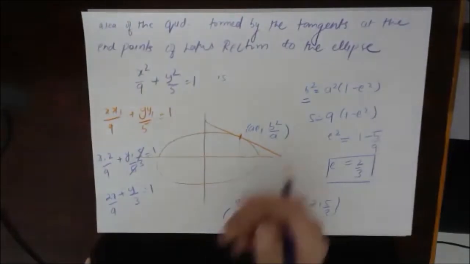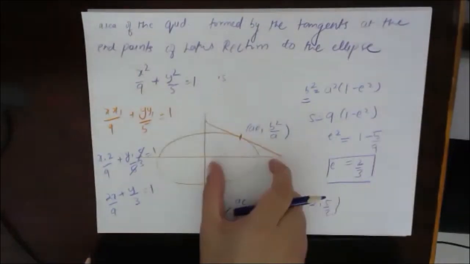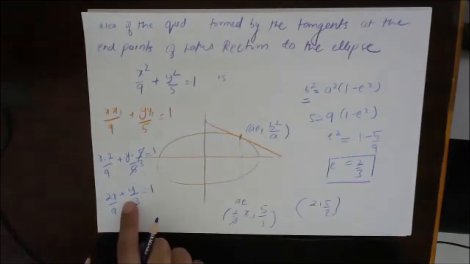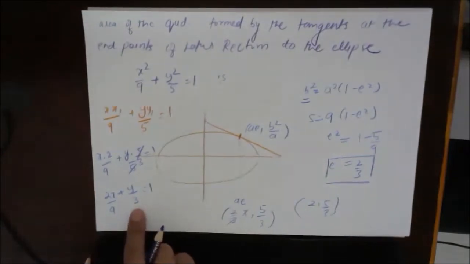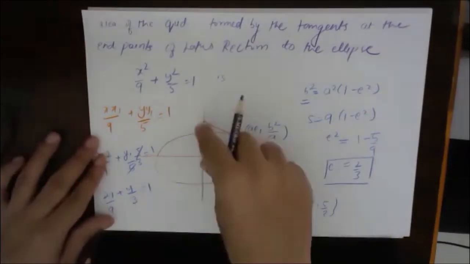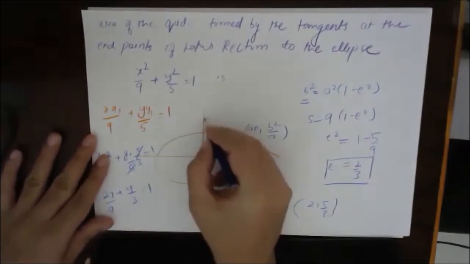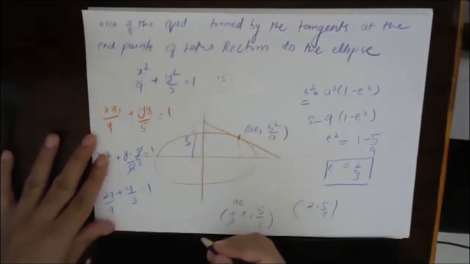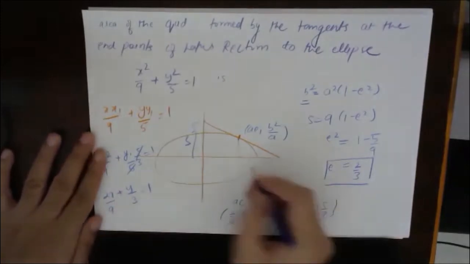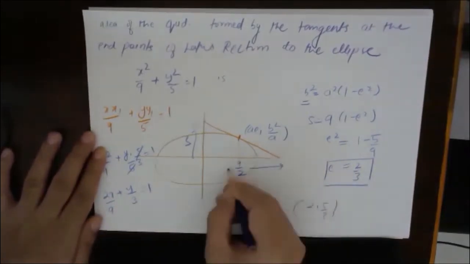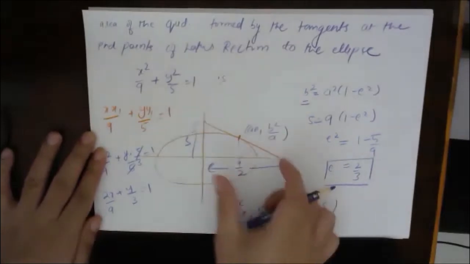Fine. Now what do I have to do? I have to find this height and this base. So I can find the x-intercept and y-intercept. Yes, it is 27. Very good. Kartika, it's correct, 27 is correct. So basically we can find the height. Height is the y-intercept, so this height will be 3. And what is the base? Base is nothing but the x-intercept. This x-intercept is 9 by 2.